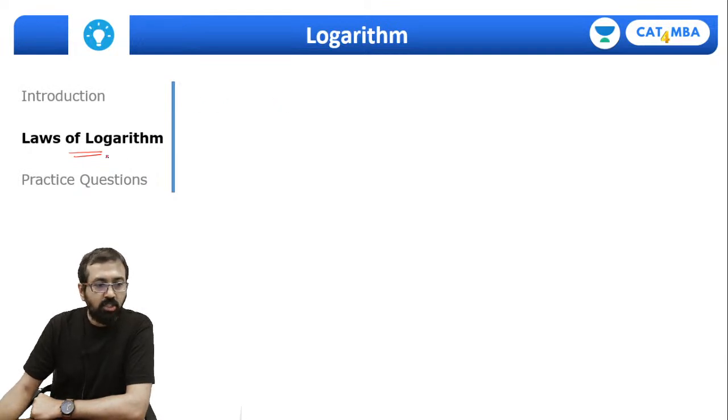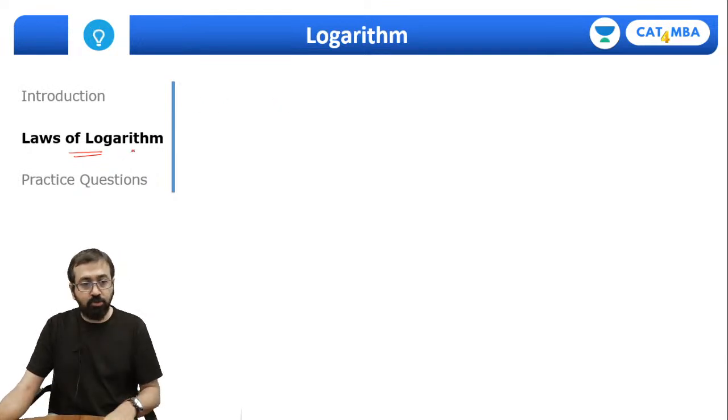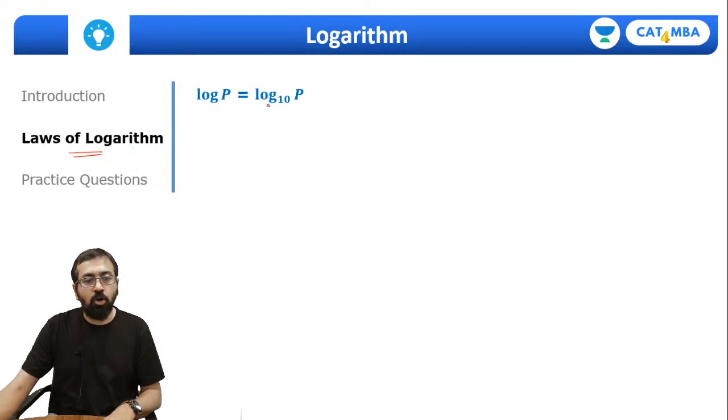यस, सो नाउ वी नीड टू लुक एट लॉज ऑफ लॉगरिथम। तो द फर्स्ट रूल सेज दैट log of p is equal to log of p with base 10। जो पॉइंट मैंने आपको ऑलरेडी बता दिया कि if nothing is mentioned in the base, the base will be taken as 10। very simple thing।